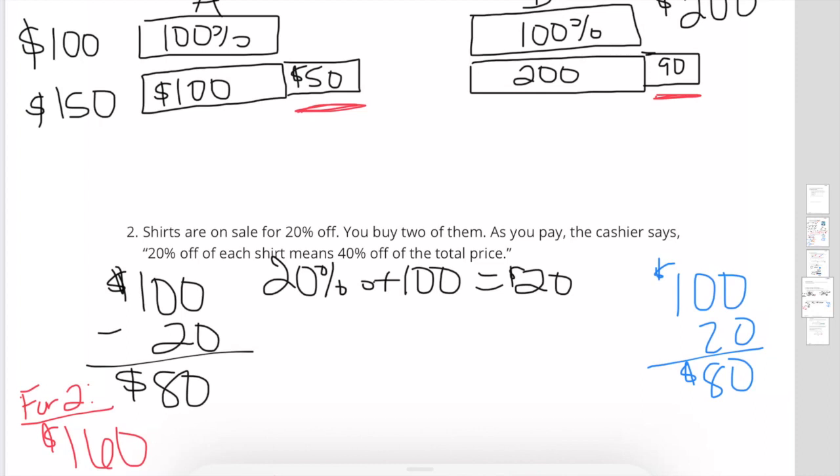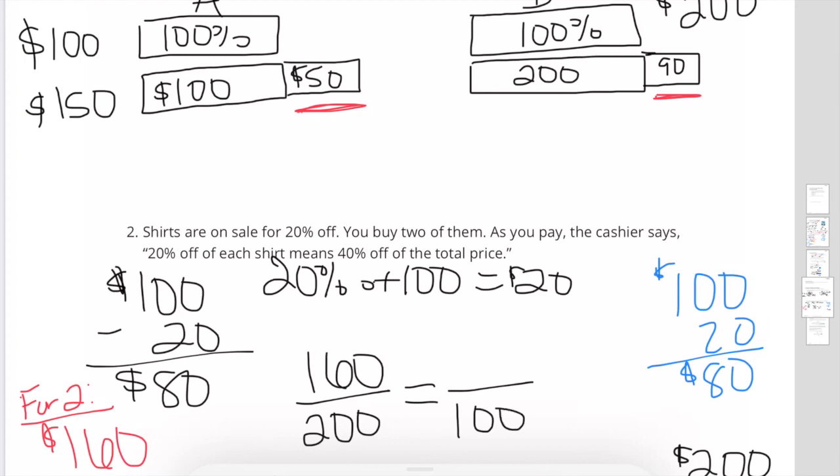Originally, they would have cost how much? 100 plus 100, so originally they would be $200. So then we have to figure out, is 160 out of 200, which is the full price,